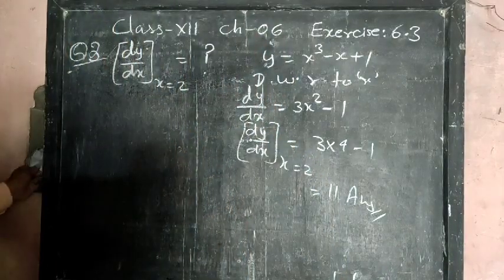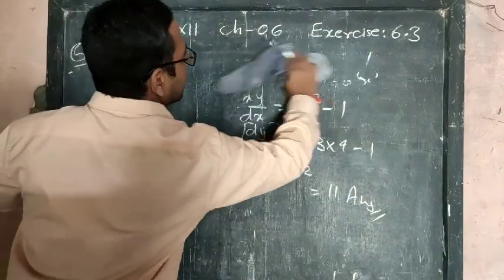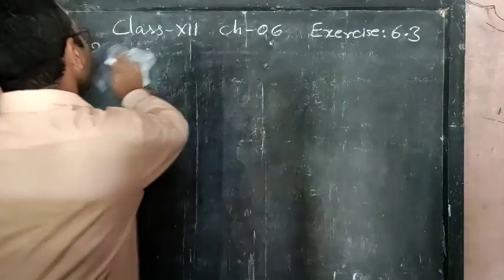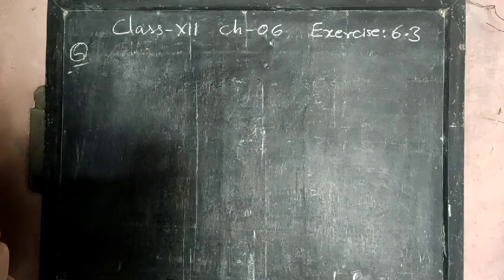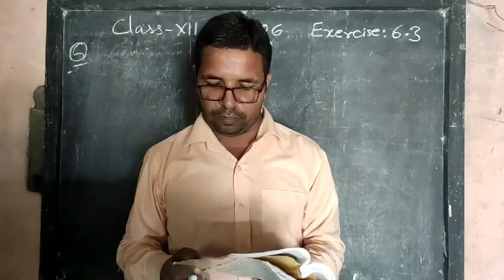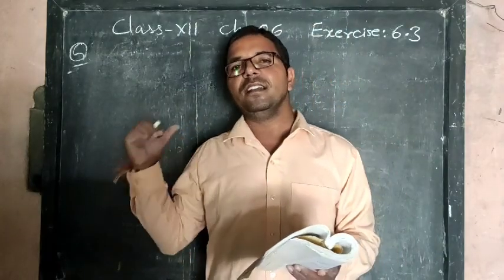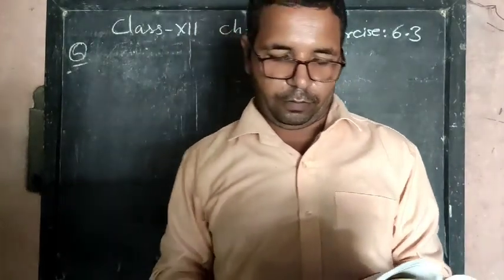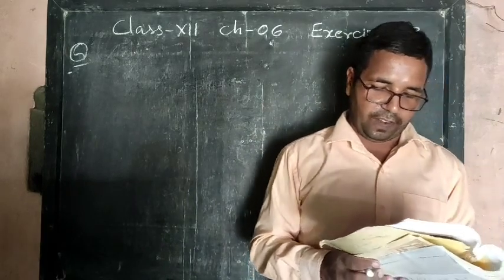Now in the same way, let's see question number 4. If it is in the same way, then you have to do that question by yourself, and if a different question is there, I will explain it. Question number 4: find the slope of the tangent to y is equal to this much at the point whose x coordinate is 3. Same as question number 3, so you have to solve these questions.